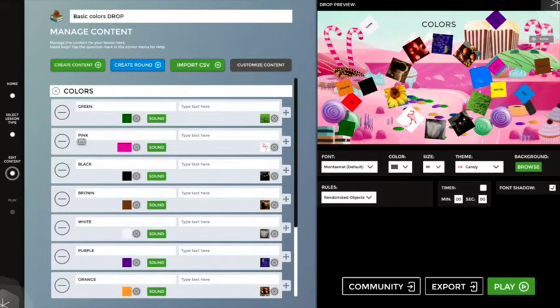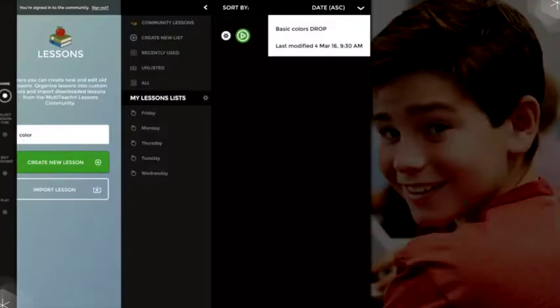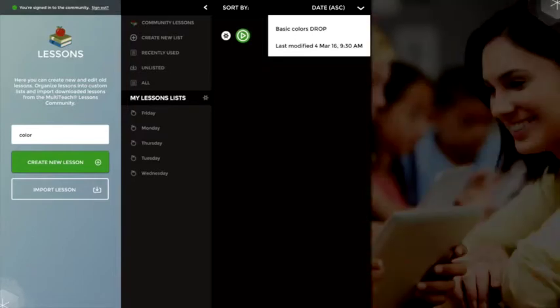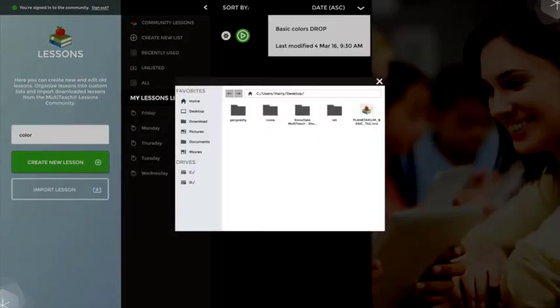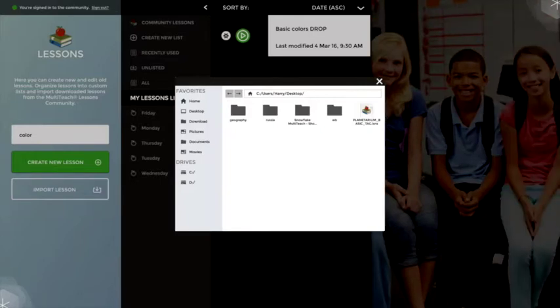So if I now go to home in the top, you also have an option on the left called import lessons. For example, if you have gone to the community before and you have downloaded a lesson onto your desktop, you can import the lesson from there. So if you click on import lesson, you can see that I have a lesson on my desktop called Planetarium,